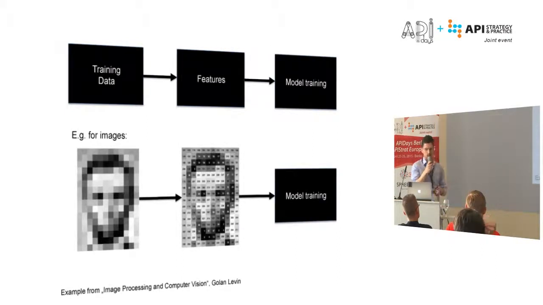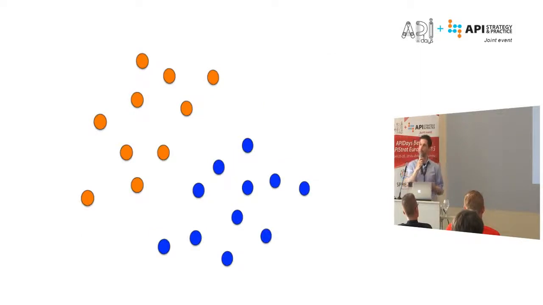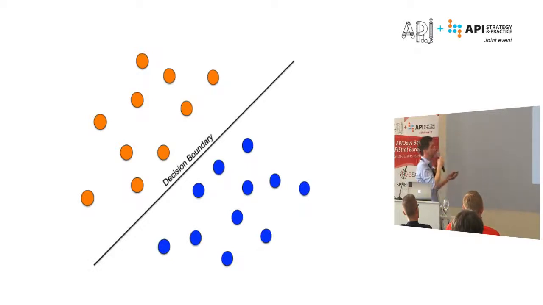But these features are actually quite important. You could, of course, just use the pixel values and then train the model. That would be the most simple feature you could think of when you want to do image recognition or face recognition. Unfortunately, this really seldom works out nicely. Your typical machine learning task is actually a classification task. You want to recognize faces from non-faces, and you have a numerical expression for that. So here we have a 2D space, and let's assume we have all the facial images here and all the non-facial images over here.